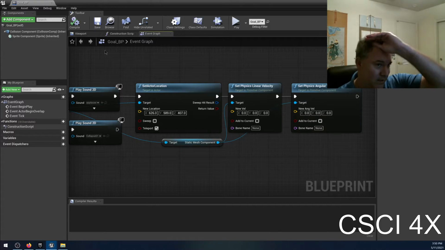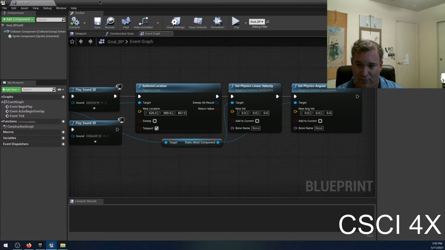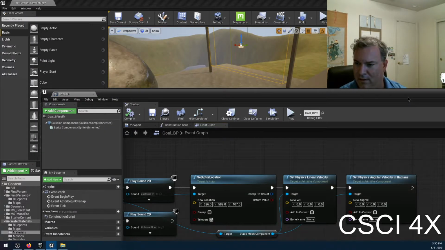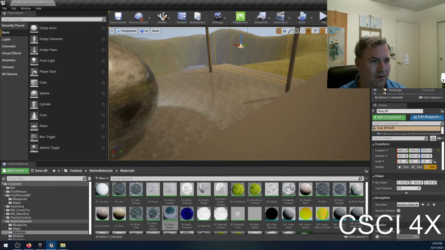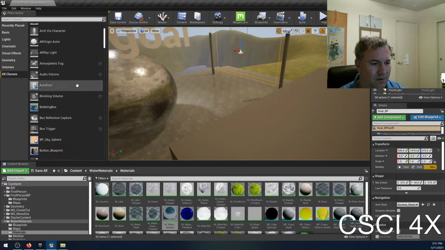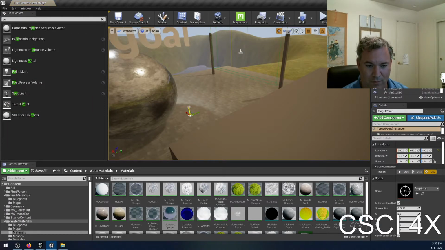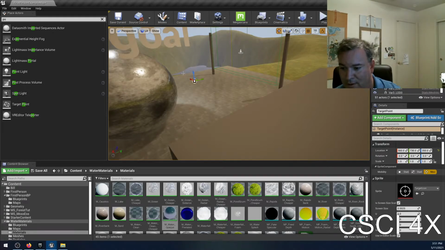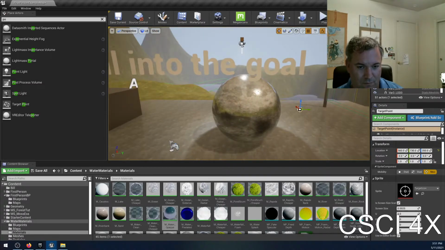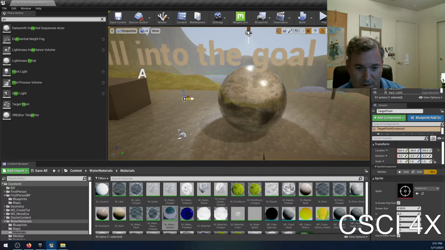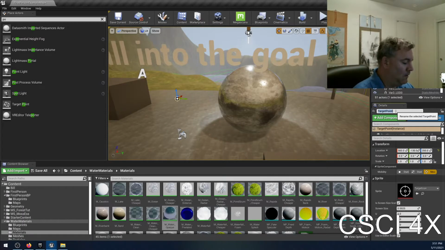And you can actually take a point and drop it in the world, which is usually what I do. I showed you guys how to do that before, right? You come over here, and what is it? Target point. So you can actually just put a point in the world like that, and use that as the teleport location. So for example, let's name this point target point. We'll call it ball